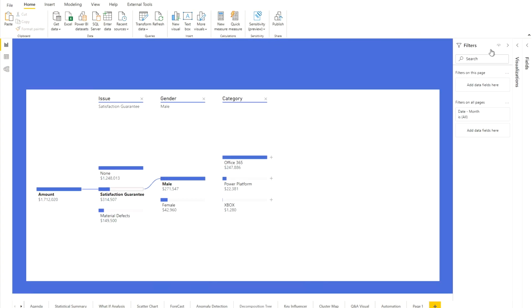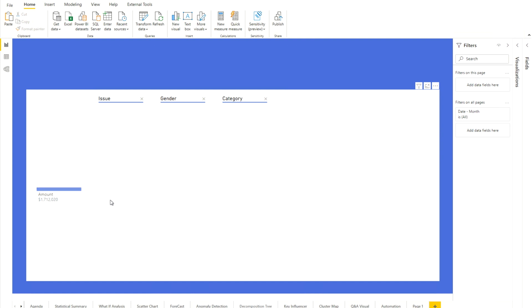So the decomposition tree is another AI visual which is going to be very helpful when you have to look at your data or perform data analysis, to see how your data is varying according to different categories. For example, this is my total amount, and I want to see how it's varying according to issues, gender,